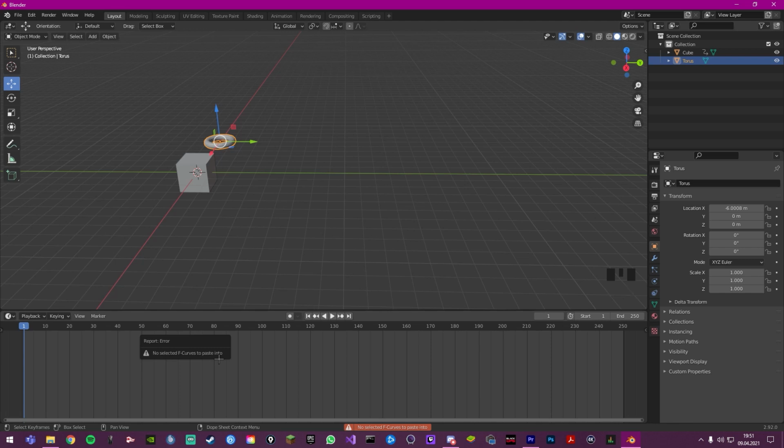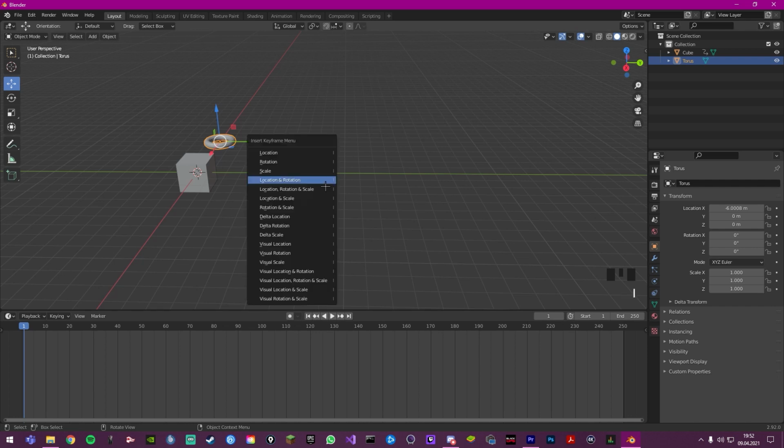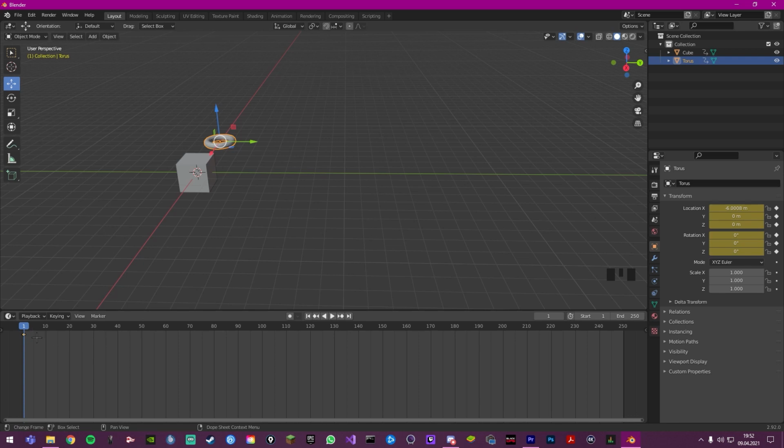The reason for that is because in Blender you can copy multiple things like objects, keyframes, nodes, and other stuff. So if you're trying to paste something, Blender does not know what to work with, so you have to give Blender a little help. What we want to do is just to click on the object we want to apply the keyframes to and hit I again and insert the keyframes for location and rotation again. And if we're going in the timeline now and pressing Ctrl V, paste, you can see the keyframes were pasted